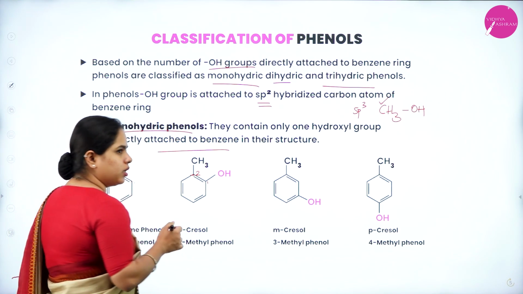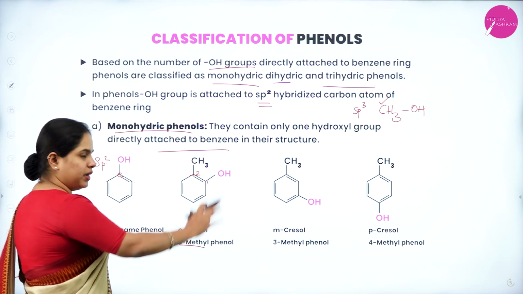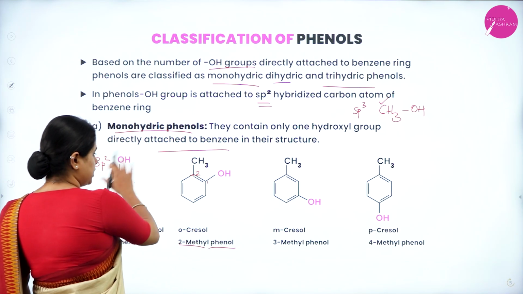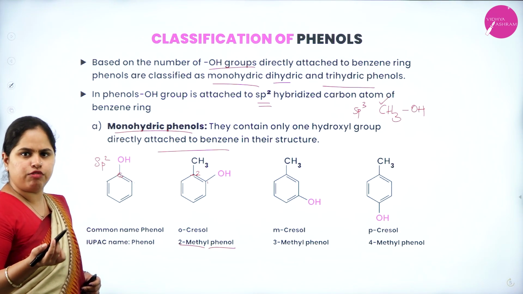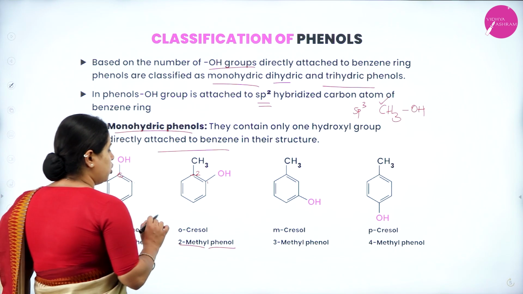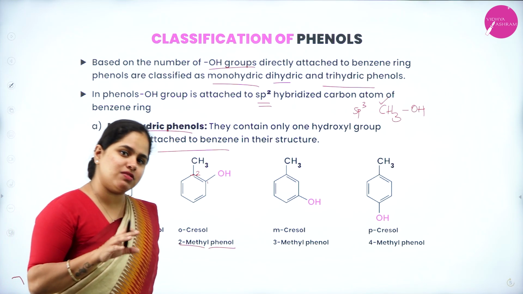On the second carbon atom, you have a methyl group. So it will be 2-methyl, and what is the principal chain here? It is phenol, right? This is phenol. On the phenol and the second carbon atom, you have a methyl group. So it is 2-methyl phenol. That's it, right? Okay. So when you have on a benzene ring a hydroxyl group as well as a methyl